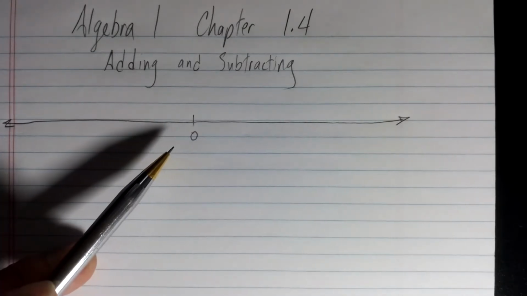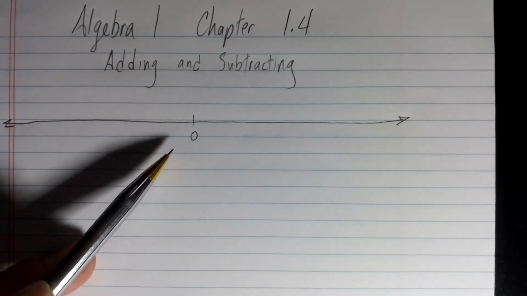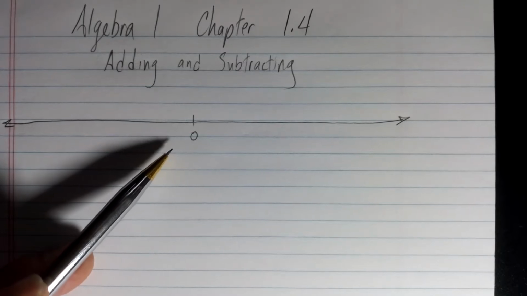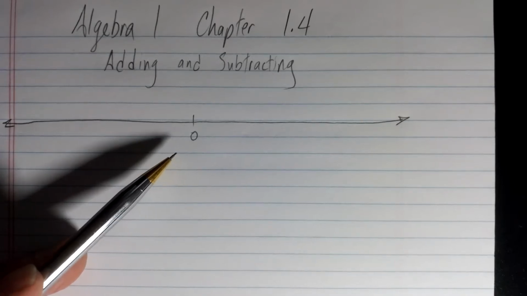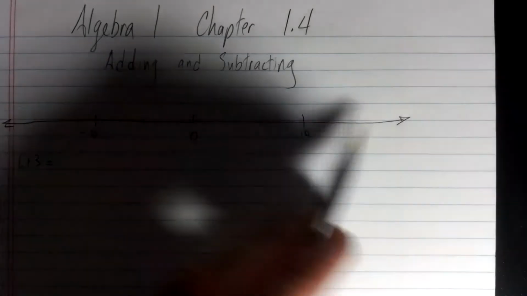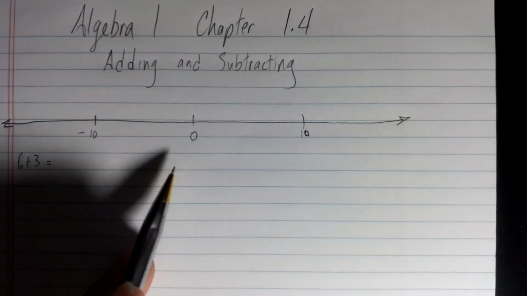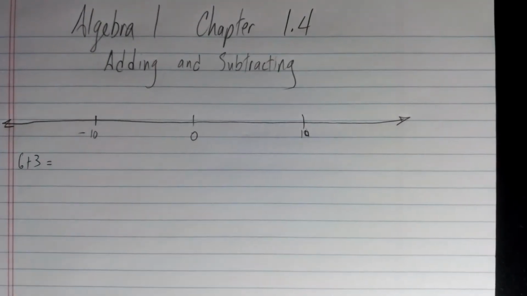Now, I'm going to introduce to you the number line. I'm sure everybody's seen the number line, but just in a way that I would really like you to think about when you're adding and subtracting positives and negatives. It may or may not help, but this is how I do it. Here we go. The first thing I did was kind of just imagine, and this should be going on in your head, everybody. Imagine, hey, 10 is about here, negative 10 is about here,